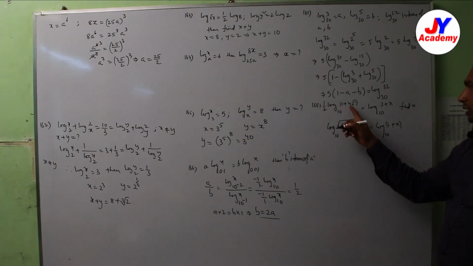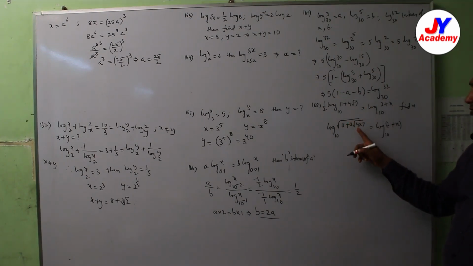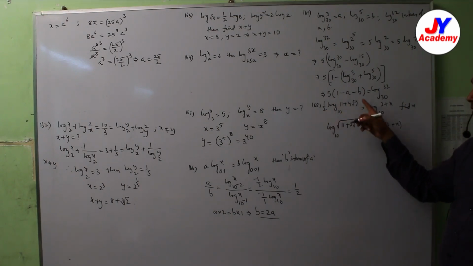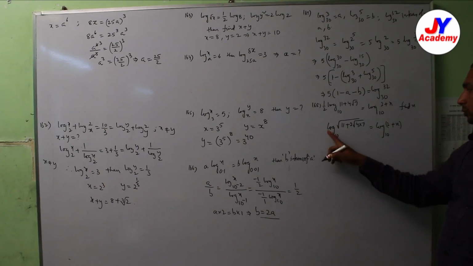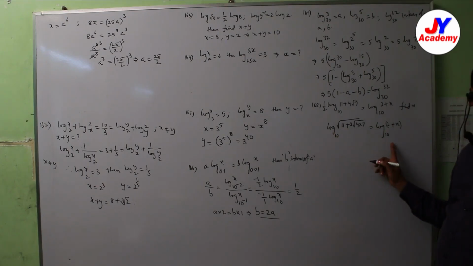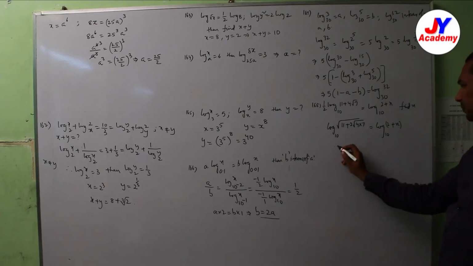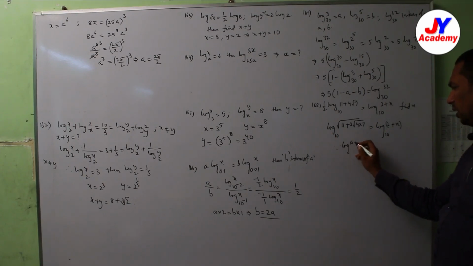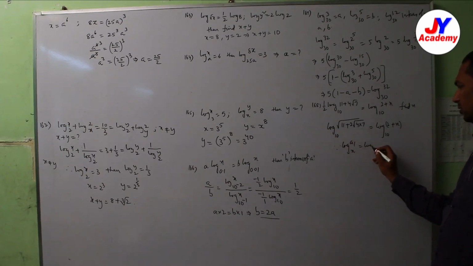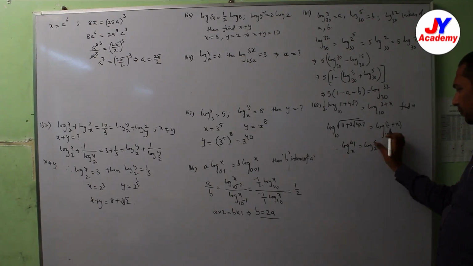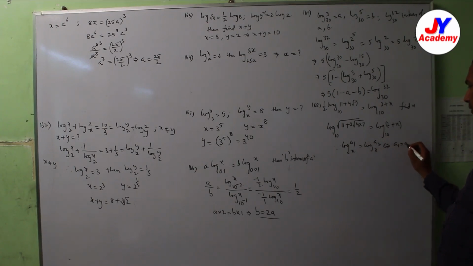Understood here? It is 4, 2 into 2. 2 into square root, that becomes 2 squared, 4. Okay. Half means whole power 1 by 2, that is square root. So both are with base 10. Since log a1 base x is equal to log a2 base x, this implies a1 is equal to a2.